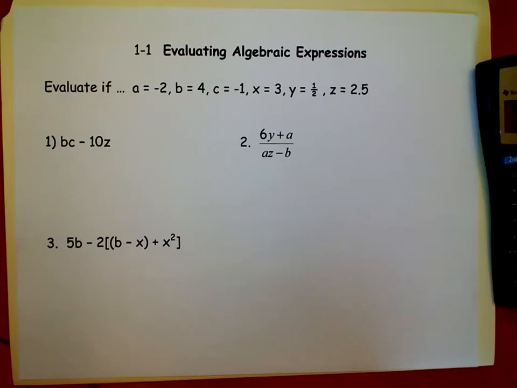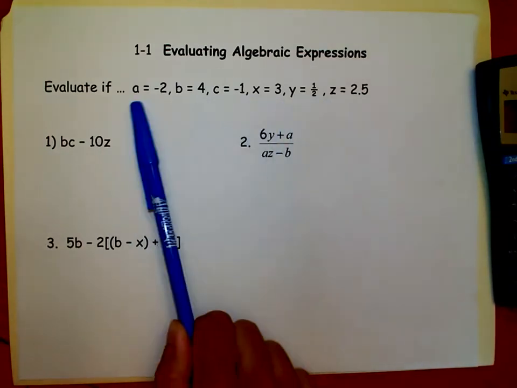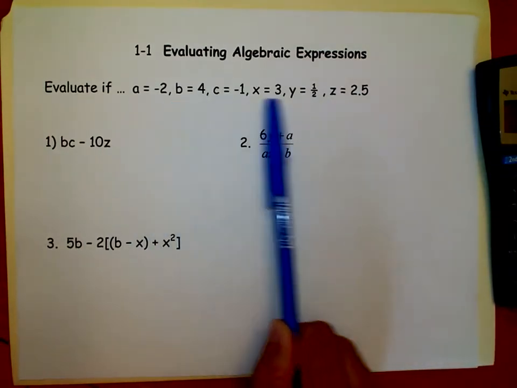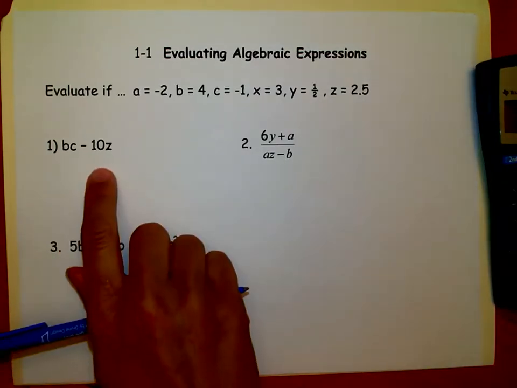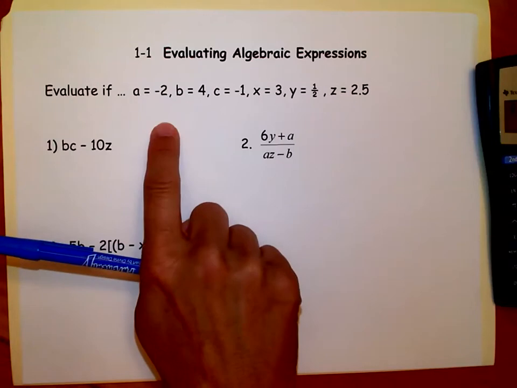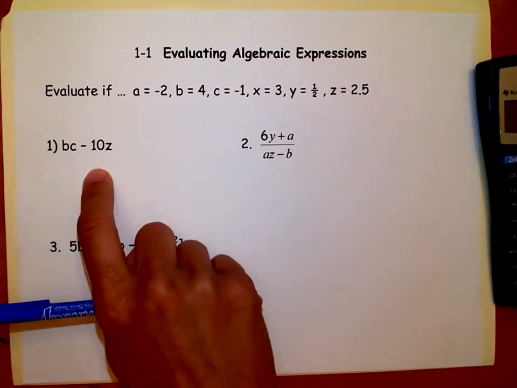Now, whenever you see the word evaluate, what it usually means is to find the answer, the number answer. So most often when you see the word evaluate, you're going to see variables defined. It tells you what A is. A is -2, and it tells you what each of the letters represent. So you have to take the expression they give you, plug in the letters, remembering order of operations, and then find out what the number would equal.